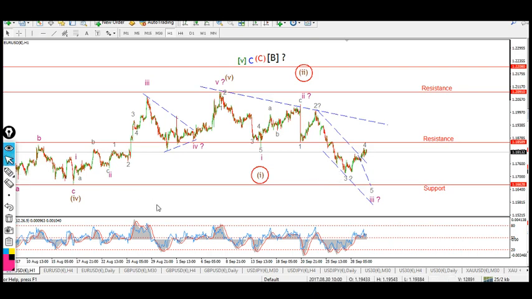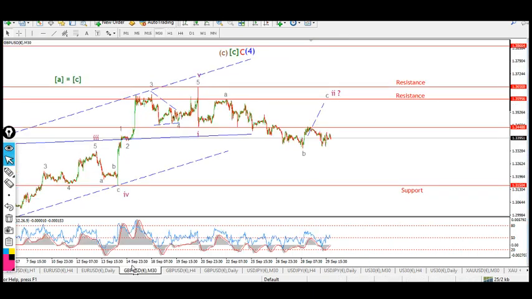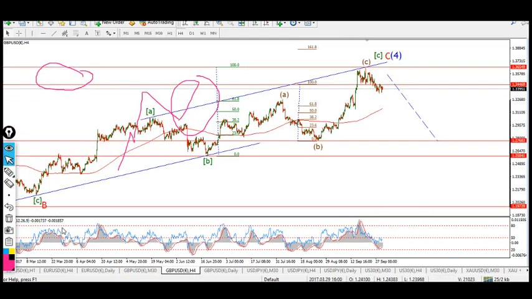Right, let's get on to pound dollar. Pound dollar, yeah, this one has been a bit of a strange one of late. Definitely impulsive move to the downside, after completing a pretty clear 5-wave pattern to the upside. And hitting targets and meeting the A equals C here on the previous, let's go out to the 4-hour chart, on the previous